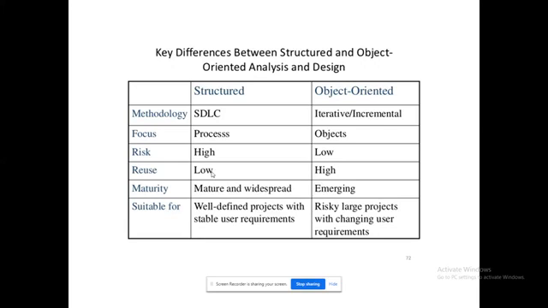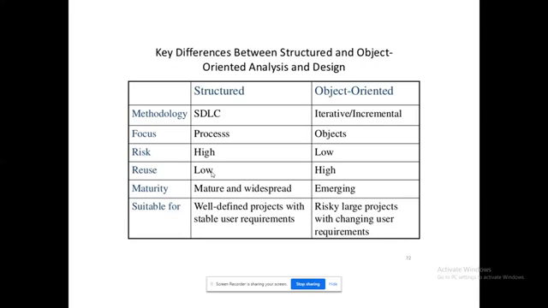In structured programming, I will be concentrating more on procedures or processes. If I am going to perform addition of two numbers, I'll be concentrating on that logic alone. While in object oriented, I see whether my addition of two numbers will work for integer or float or any other data type, or if any real data types come, how they are going to be handled. At a time, how many persons can access this program if I install it on the server. From that point of view, object oriented looks at the whole project or the program. That's the thing.